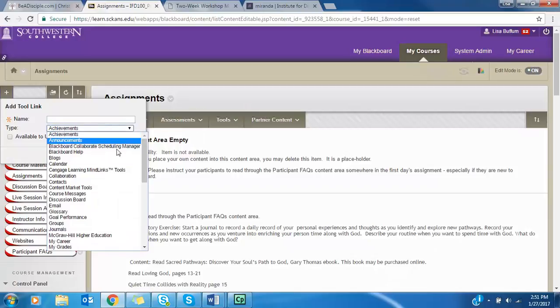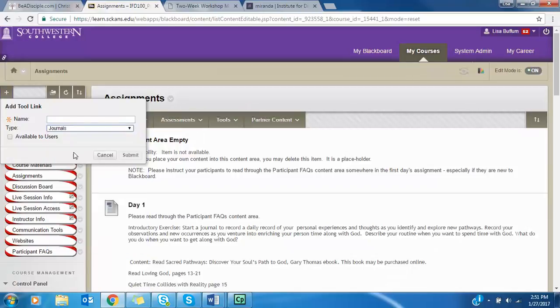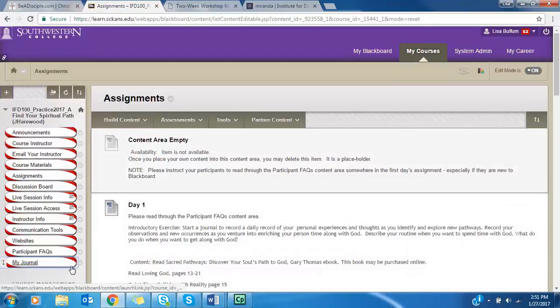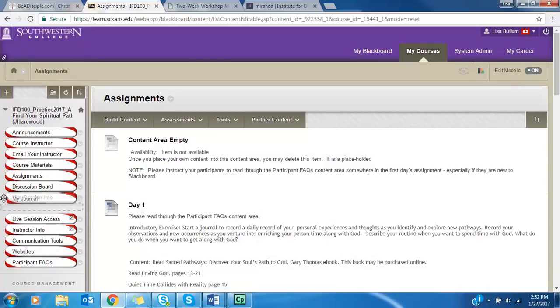You will select journals, and then you could call it My Journal and make it available to users and submit, and now voila, we have a new content area, My Journal link on the left. I might suggest you would move it up here under the discussion board, just someplace where it makes sense, and